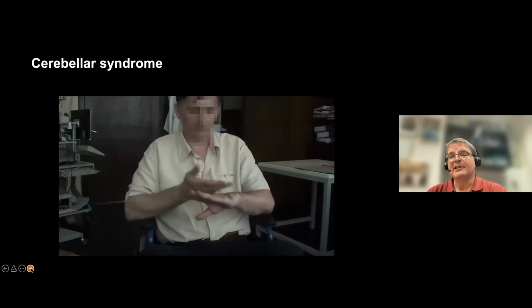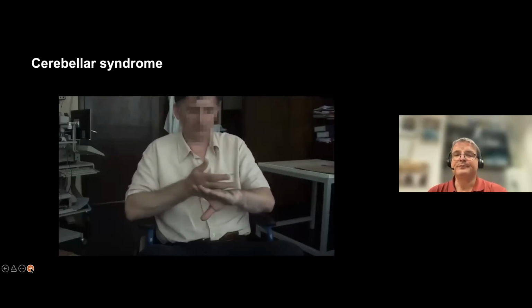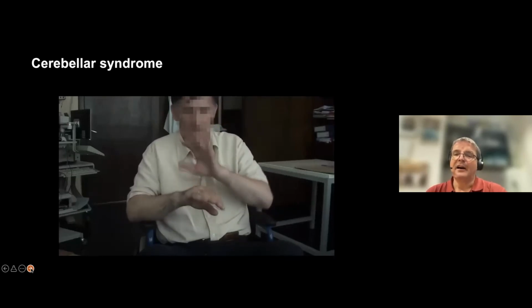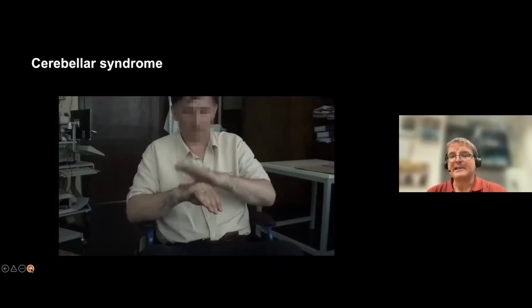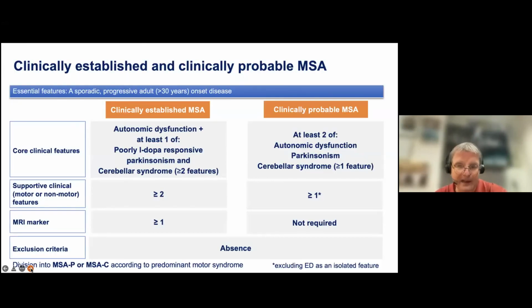MSA, also known as MSA-C. So this is the cerebellar syndrome that is present in some, but not all, MSA patients. Now, this is the most important slide illustrating to you the new MDS criteria for clinically established and clinically probable